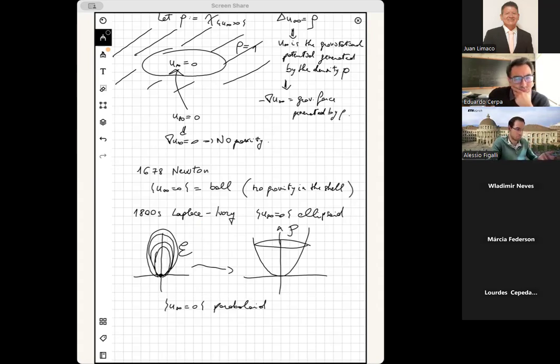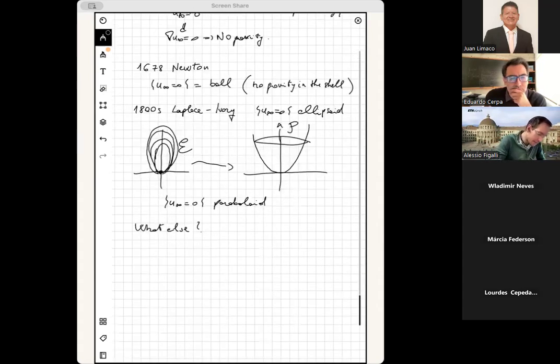And then the question is, what else? Is there any other possible shape for a global solution to the obstacle problem? You know that the contact set can be a ball, can be an ellipsoid, can be a paraboloid. Can you get more? Of course, you can always add artificial dimensions to the problem, but let's say, can you do more? And this is a long story. There have been results starting from 1931, going on. And now let me just conclude with the 2024 result, which was the theorem that we proved with Eberl,